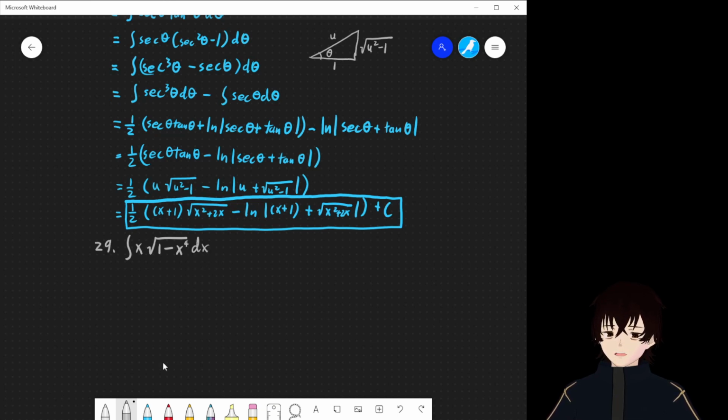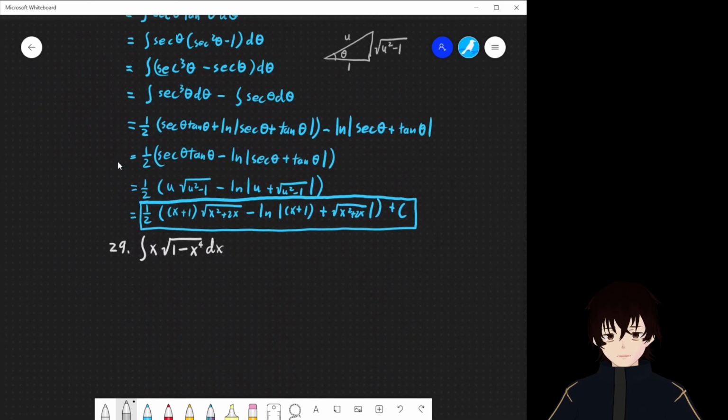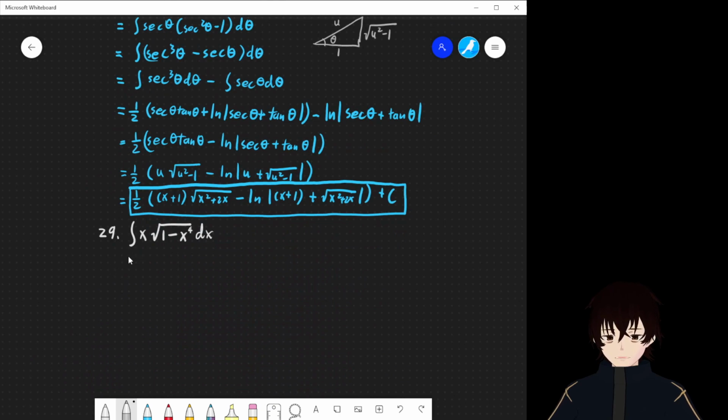Okay, this looks like another sine substitution, but first it looks like it's a u sub. Let me actually change the color. Questions are white. Notes are gray. That's right. Alright. Let's do u sub first. I'm gonna say u is equal to x squared. du is going to be equal to 2x dx. That way we get